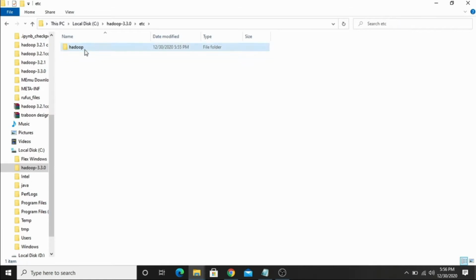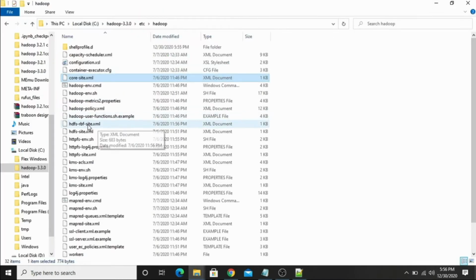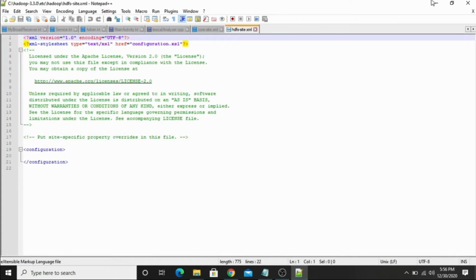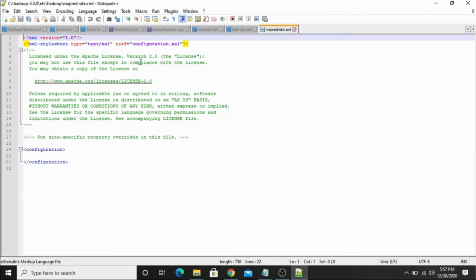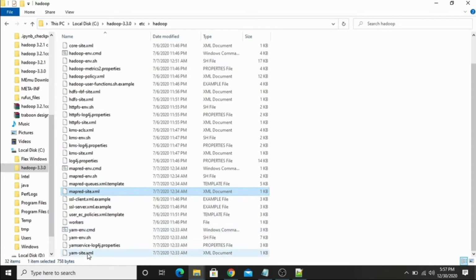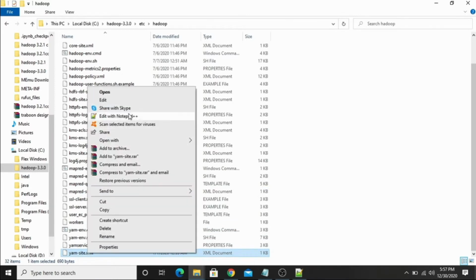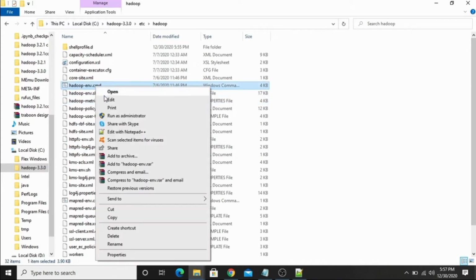Then go into the etc folder. Here we have to edit 5 different files: core-site.xml, hdfs-site.xml, mapred-site.xml, and the fourth one is yarn-site.xml, and the last one is hadoop-env.cmd.